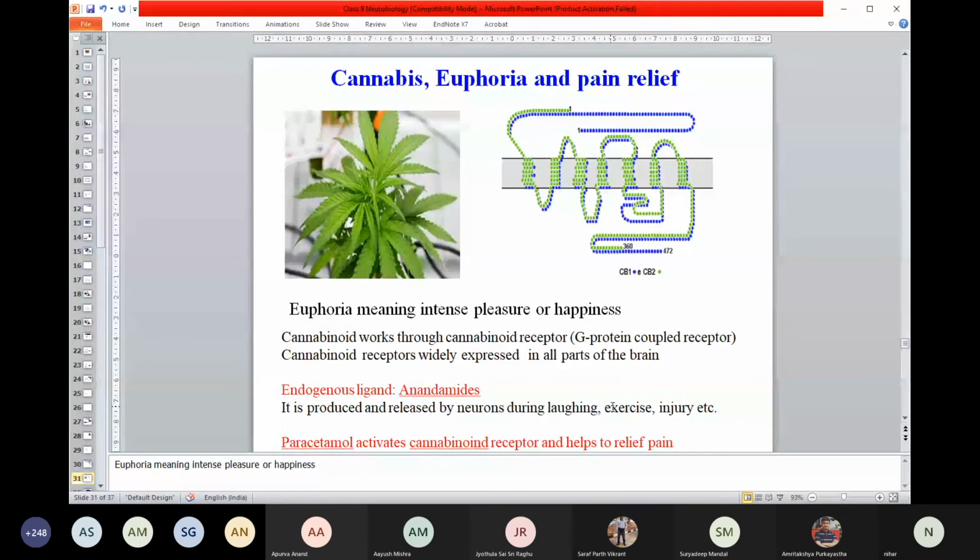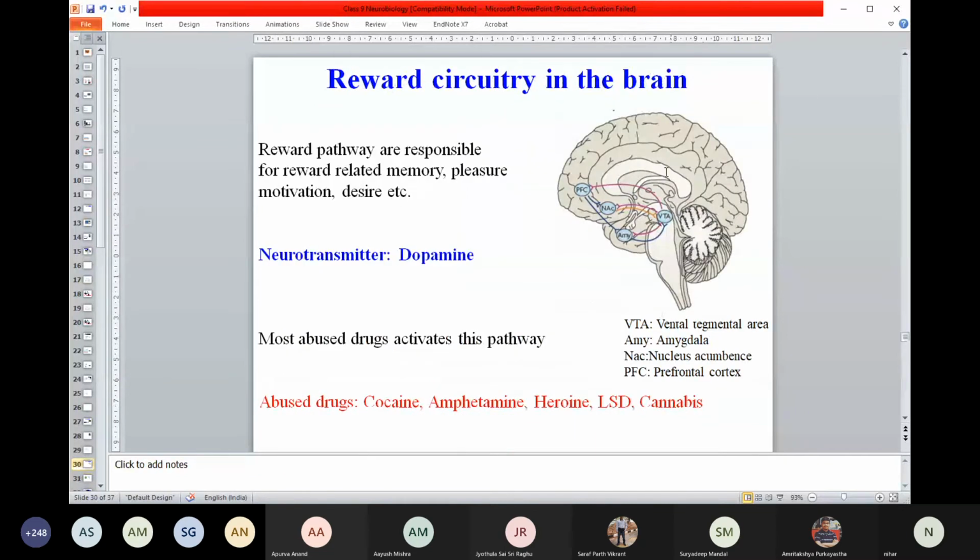So you have to understand, when you are taking this kind of drug repeatedly, there are constantly some changes going on in your brain. By now you understand that, because this agent is changing some neuronal circuitry in your brain. Of course, they are activating the reward circuitry, but prolonged use can cause a lot of changes in these pathways. Once you try to quit, you will not be able to, because by then your brain has already changed. A lot of changes happen in your brain. So to control that, you need completely different things.